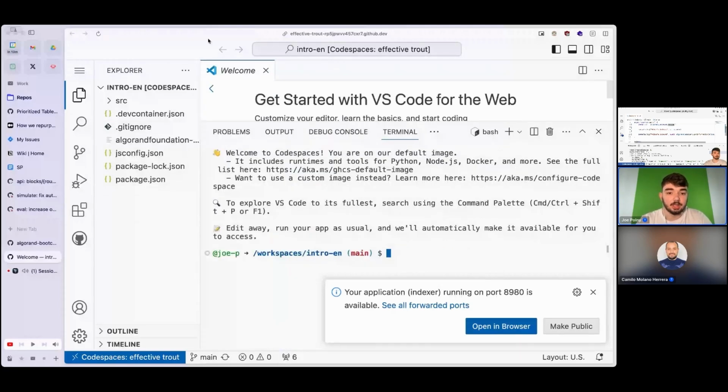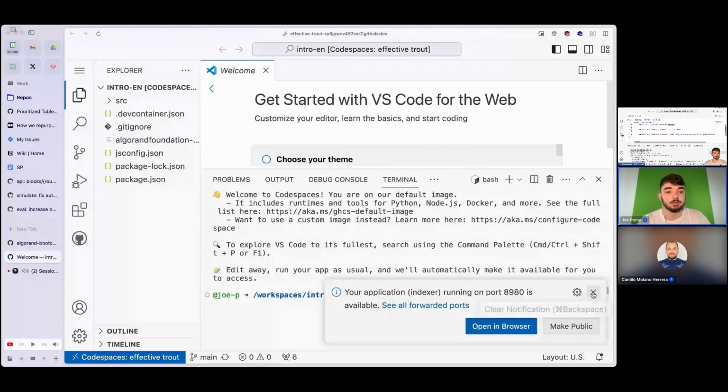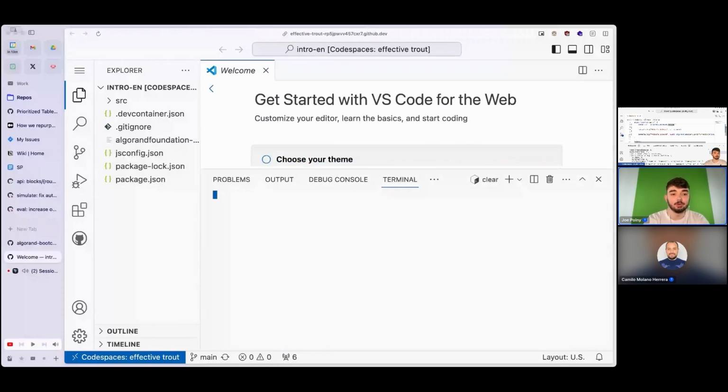window here. And now, some people are asking about running this locally. You can clone and run this locally if you want to, but for the intro, we're going to be using codespaces just to get you started and start playing with Algorand without having to worry about your environment setup. And then in intro session 2, which will be Thursday, which everyone here is automatically registered for, so you'll get the link to that sent to you automatically. And in session 2, we'll be going over development environment setup and how AlgoKit works in particular.